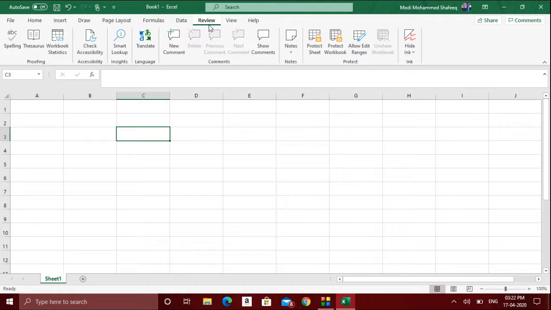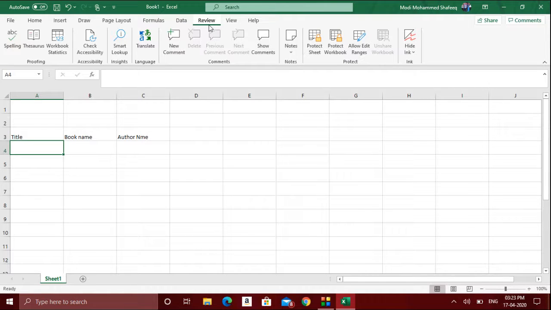Like most of the times when you are typing something in the form of a database in Microsoft Excel, you may have to give some titles or certain names which you need to mention when you are creating any database. Like for example, some sort of headers like title, book name, author name. Like this you need to specify something.